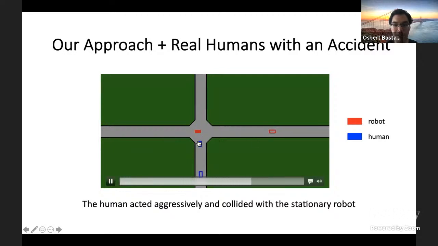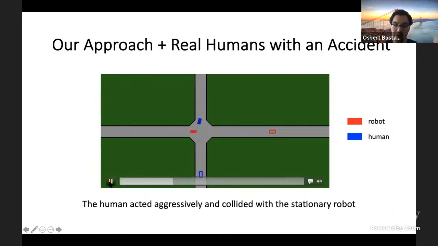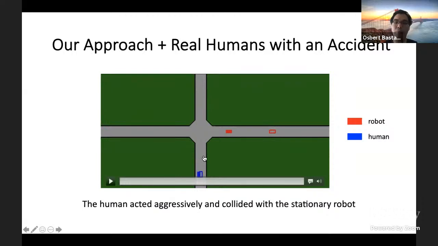The human here didn't brake quickly enough, and they also steered towards the robot. So this shows that there are shortcomings. If the human drives in ways that we don't anticipate, there are possibilities of accidents happening. But at least intuitively to me, it feels like it's the human's fault that they drove towards the robot and didn't slow down quickly enough. So when there are accidents, it does match human intuition about who is at fault.